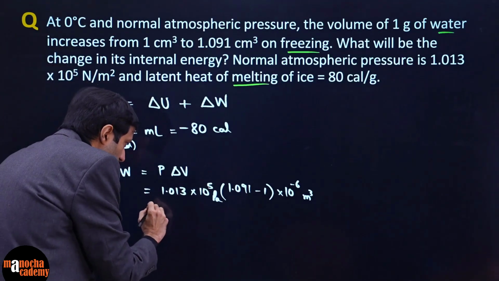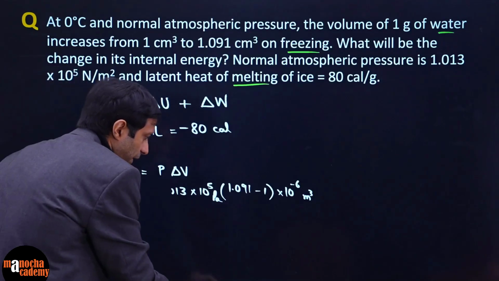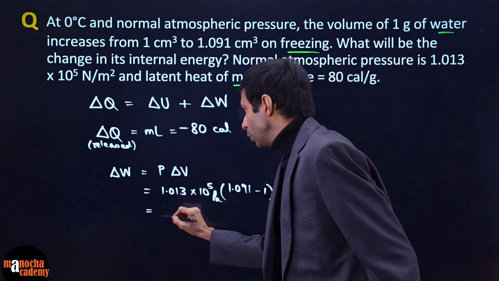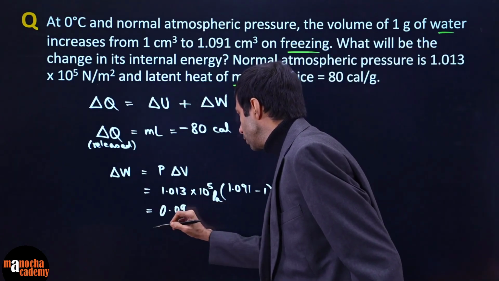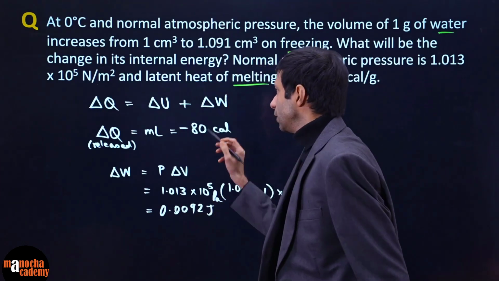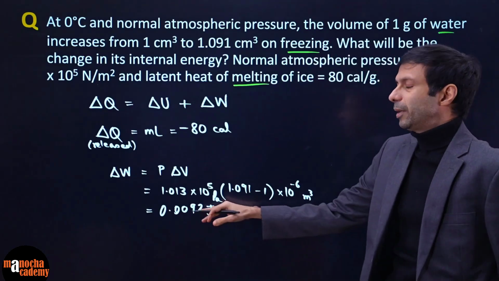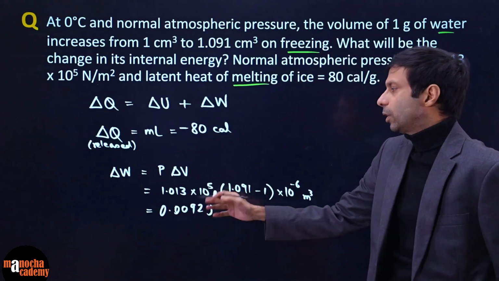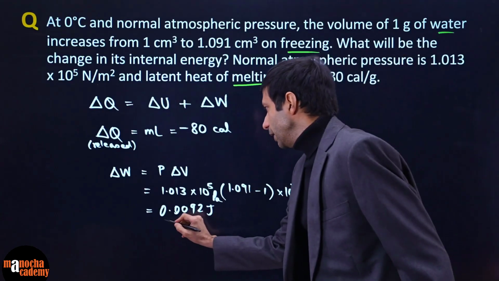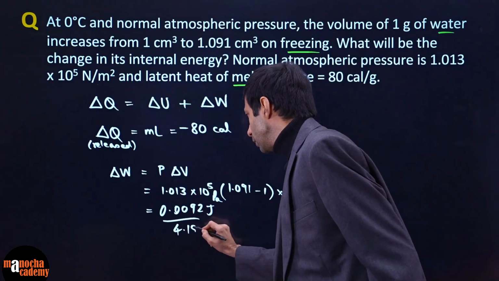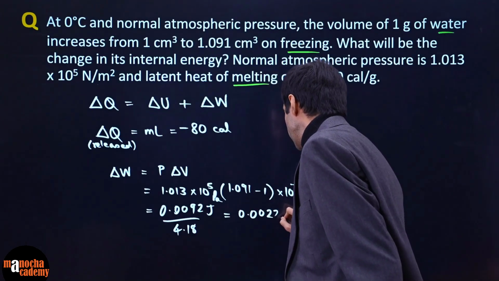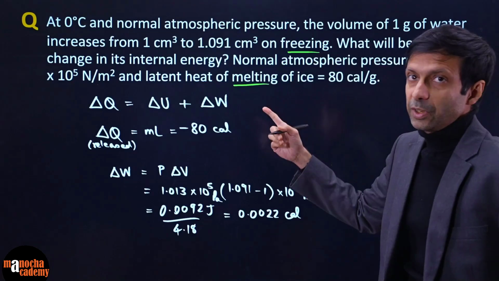Okay. So see, we are all in the SI unit world. Now you calculate this. See, work done is positive, but heat supply is negative. Sign is very important. If you multiply and check, I think you will get 0.0092 joules. But this is in calories and this is in joules, so it's up to you. You can multiply by 4.18 to convert, or you can divide this by 4.18 to convert it into calories, your wish. So if you divide by 4.18 to convert it into calories, you'll get 0.0022 calories.